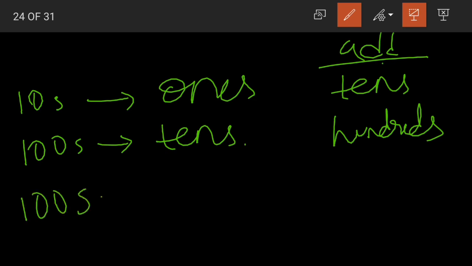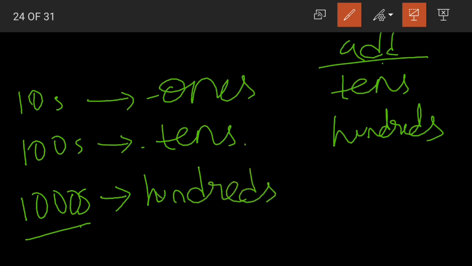Now in the same way, when we are estimating thousands, rounding off to the nearest thousands, see, after ones and tens comes hundreds, right? So we look up the digit in the hundreds place. If it is equal to or greater than 5, then we add 1 to the digit in thousands place.